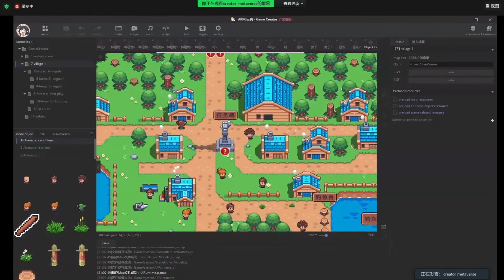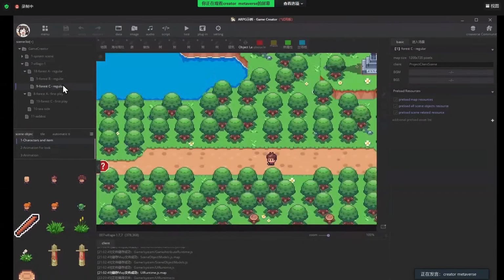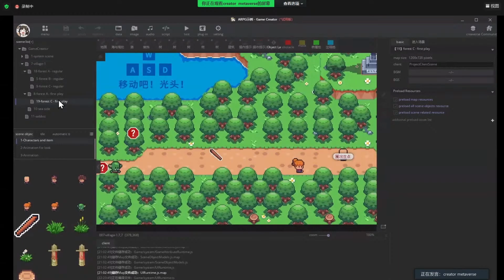And now let me introduce to you what happened in the backend for this blockchain integration. So we're back in the game creator and switch the scene to the forest, not the regular one, where the first play is here.